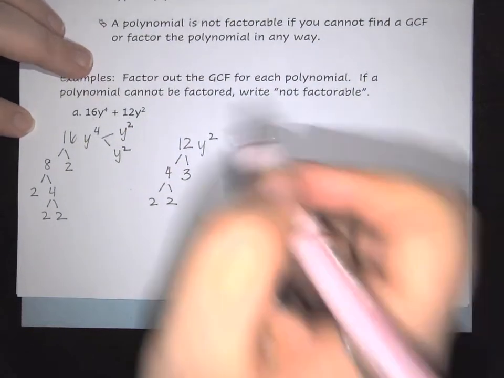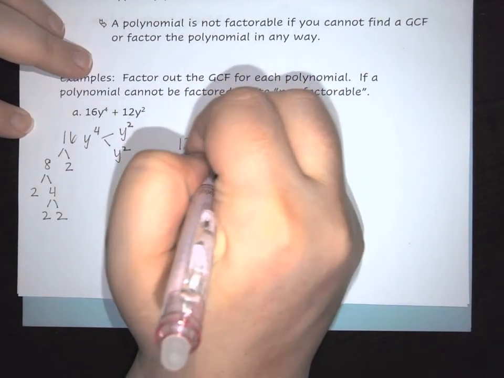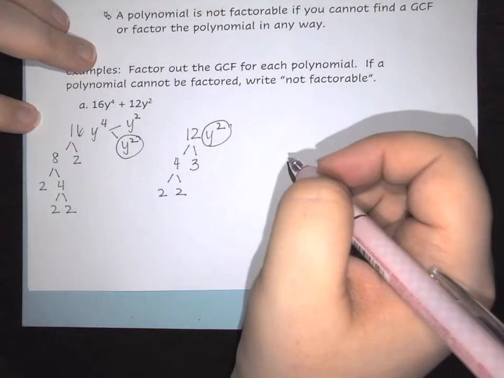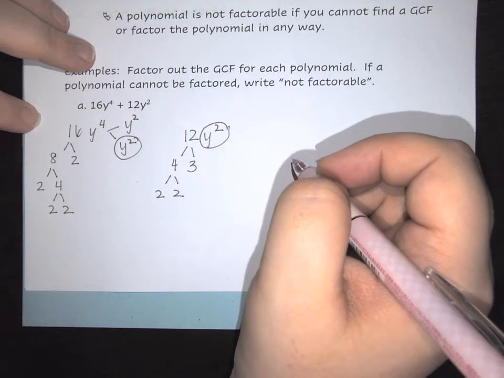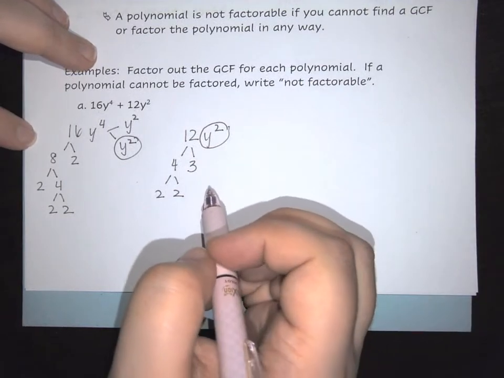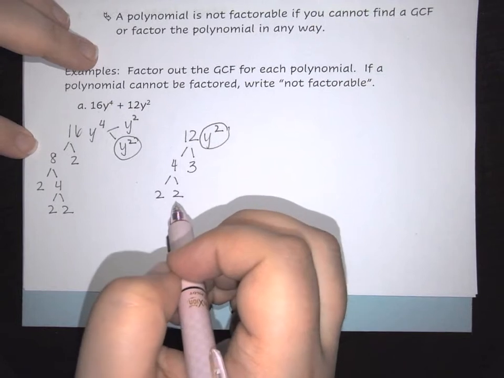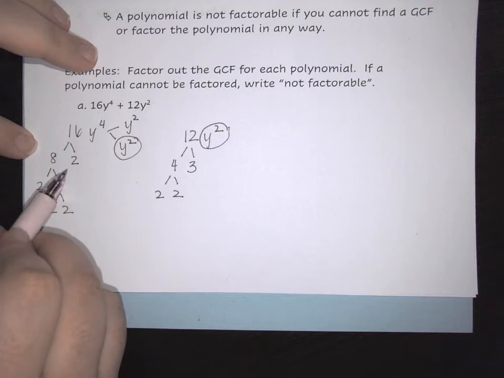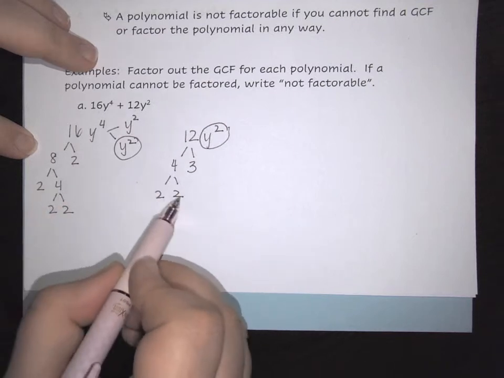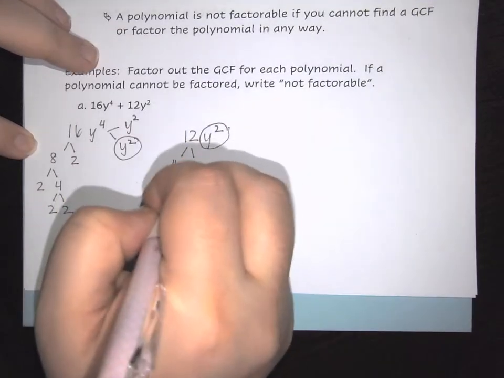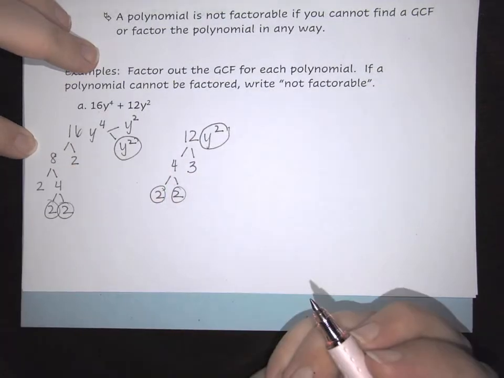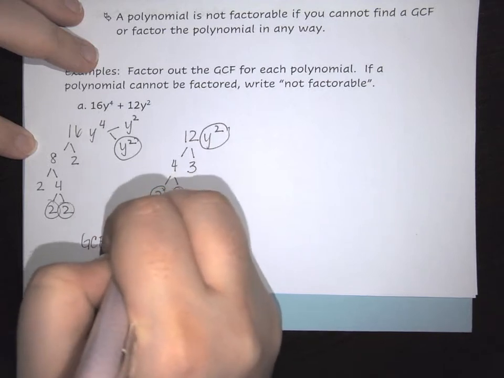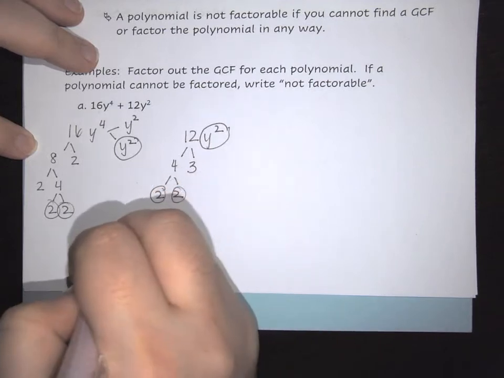Now the reason why I'm leaving it alone is because if you notice, I have a y squared in my first term and I've got a y squared in my other term. That is the greatest variable that is put together. And now we need to look at my greatest numbers. So notice under my 16 I have 1, 2, 3, 4 2's. Under my 12 I only have 2 of them. So 2 of them is going to be my greatest common factor, which means here that GCF is going to be 2 times y squared, which is the same as